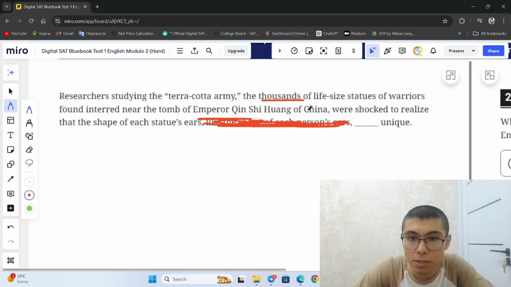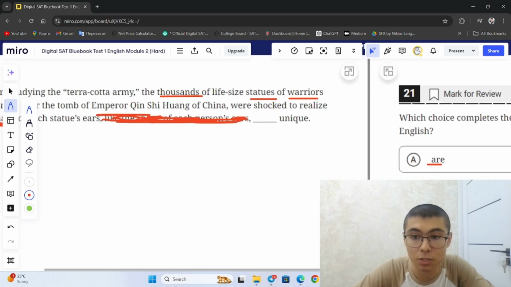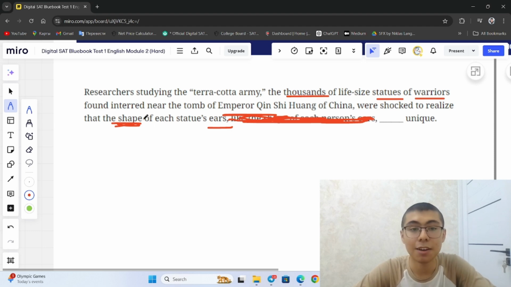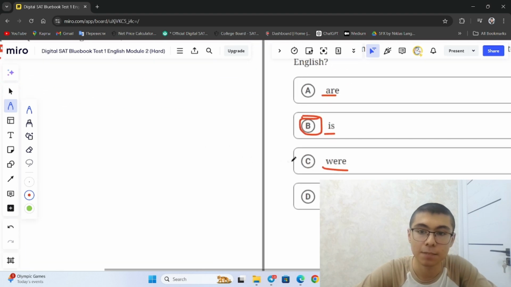Okay, thousands of statues of warriors found interred near the tomb were shocked to realize that the shape. So what is important is the shape of each ears is unique, right? Some people might think that the subject here is ears. No, it's not, because here we have of. Anything after like in, of, at is non-essential. So the shape is the subject. So is